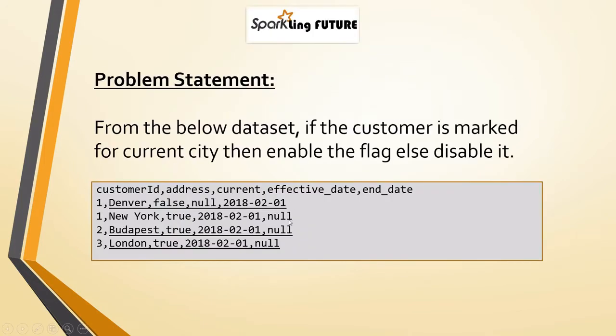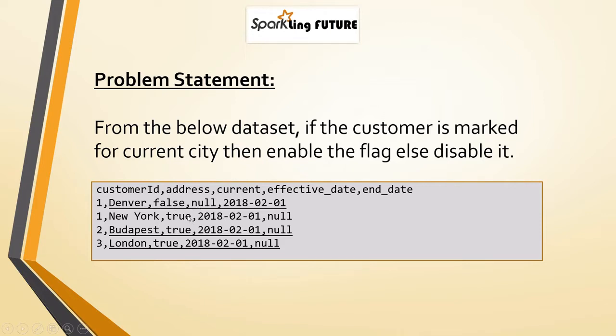So let's say we have a problem statement like this. From the given data set, if the customer is marked for current city, then enable the flag, else disable it. So the business requirement will be like this. If you simplify it, what they are saying is, the third column, current, if it contains the value true, then mark it as y,